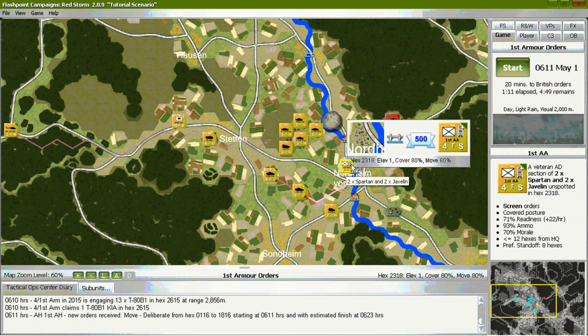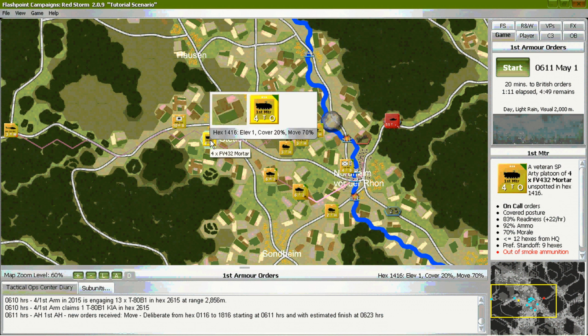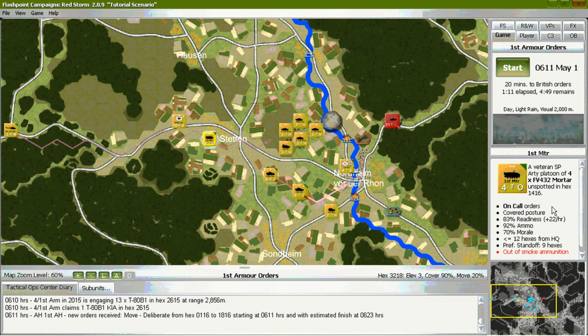First Mortar is also on call right now, and dropping smoke into the town would be helpful. But looking at the unit in the unit display panel, we see that it is out of smoke ammunition. Order additional fire missions from both 1st Mortar